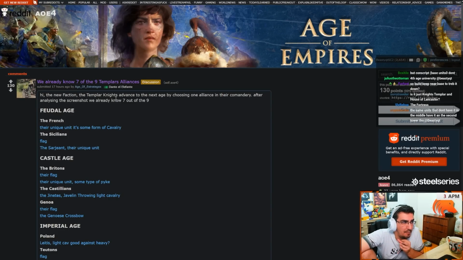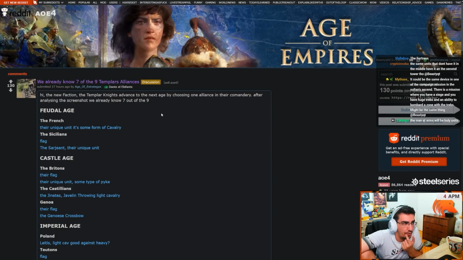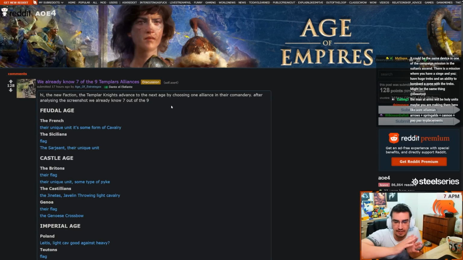Hi, the new faction of Templar Knights advanced to the next stage by choosing one alliance in their commandery. After analyzing the screenshot, we already know 7 out of 9. So basically, the way this civ is going to work, and the devs said this, right? The same way Byzantines choose contracts, like Western contract, Eastern contract, and whatever the last one is, and you get mercenary units, the Templar civ seems to work like this: you have the House of Wisdom and you